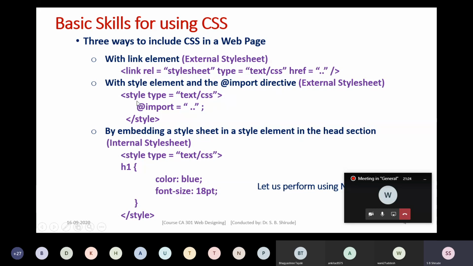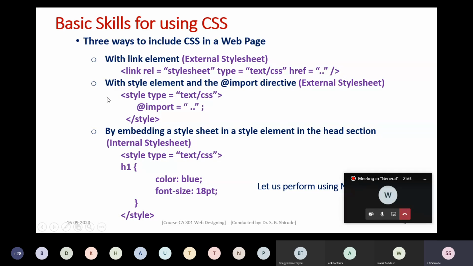The second way is making use of the style element and the import directive: style type is equal to text slash css, at the rate import, and here the complete path of the CSS file. Put this into the web page, and that will include the CSS file in your web page.